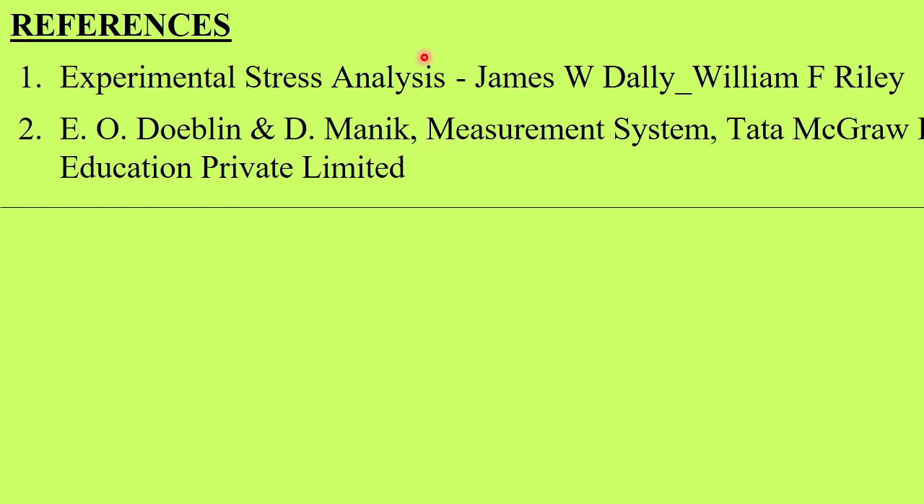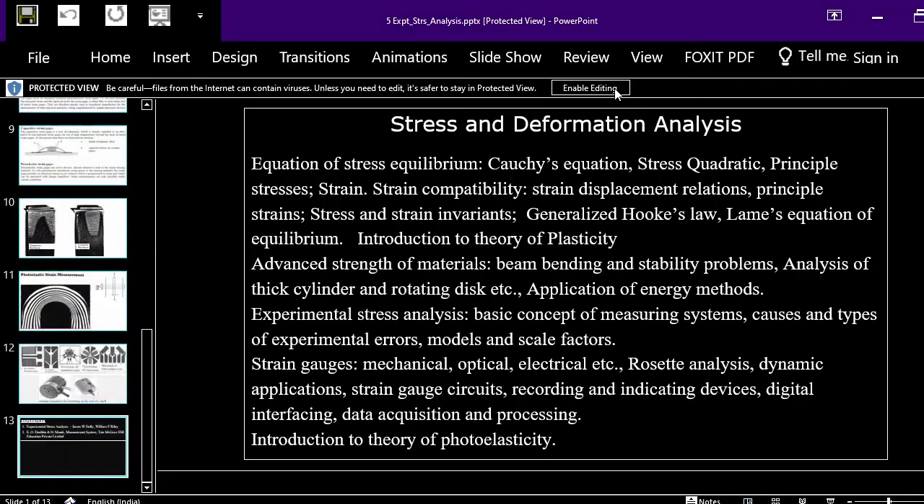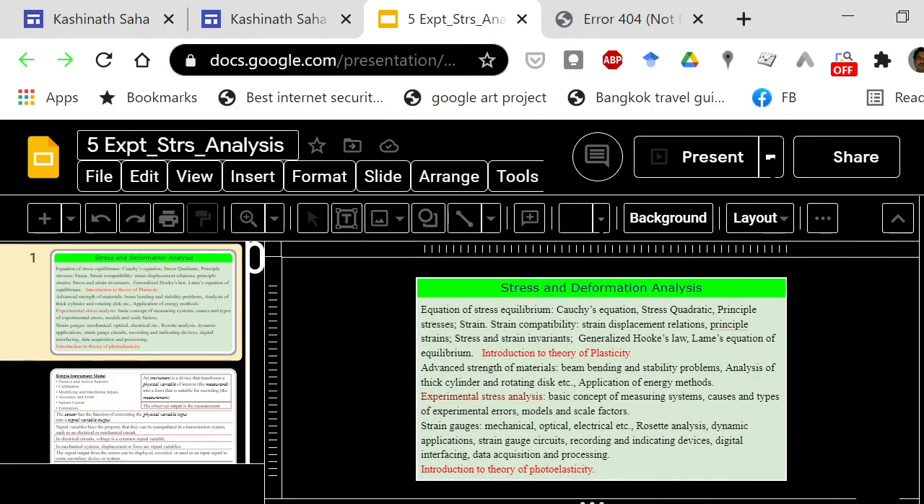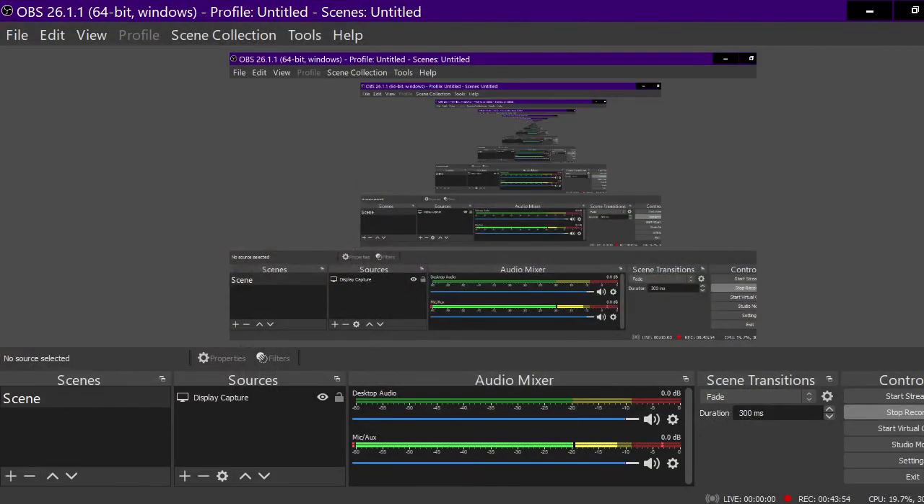And for experimental stress analysis, this is one of the oldest books, and sometimes it is considered the Bible of experimental stress analysis, because it was written as one of the first books on this topic. Nowadays there are many other books available. So, this is the introductory part of our lecture. We will stop here and next we will discuss